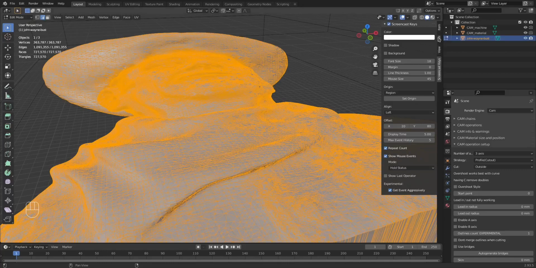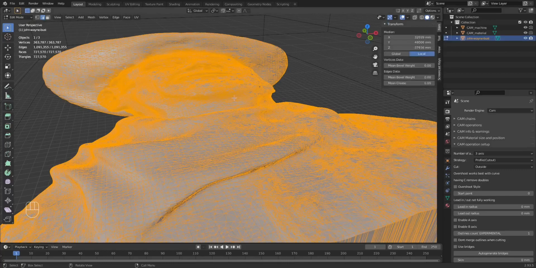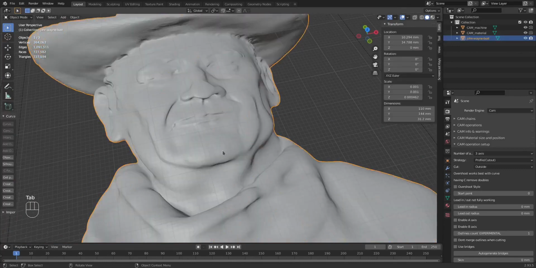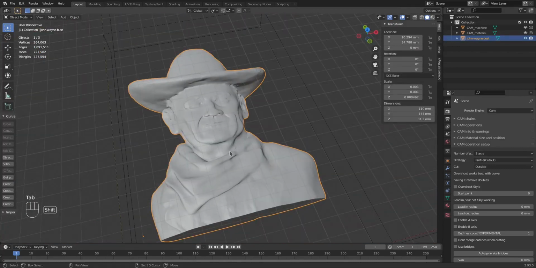What I'll do, while we're in edit mode, no, we have to tab out of edit mode. I'm going to go ahead and select my object. I'm going to hit Shift D to duplicate it. I'll hit enter to place it right where it is. We're going to hide the original for a minute, and we'll go to this copy. I'm going to rename it just to keep from being confused here. John Wayne bust